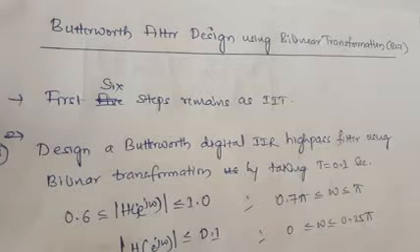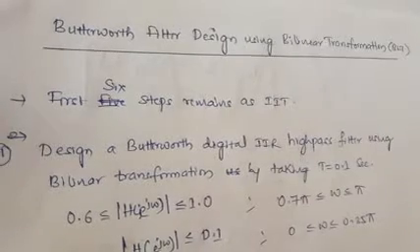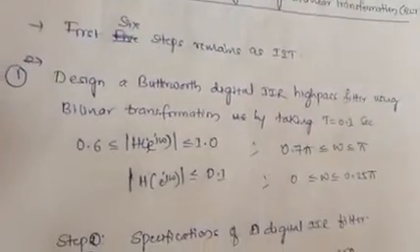There, what we discussed are 6 steps. Here also the same 6 steps are there. Only one change is there, that is to design a digital filter by using the BLT method. The last step is changed. The remaining part is everything the same. We'll discuss this concept with the help of an example.